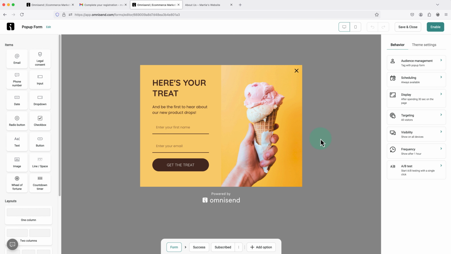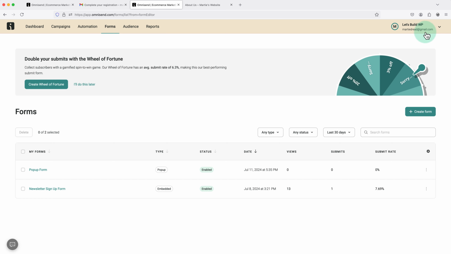And now that we've finished with our form, we're going to click Enable in the top right, deactivate it. Then we don't need to add this form to our website. Pop-up forms will automatically be added to our website using the plugin we installed earlier. So now that I've activated the form, if I head back over to my website,